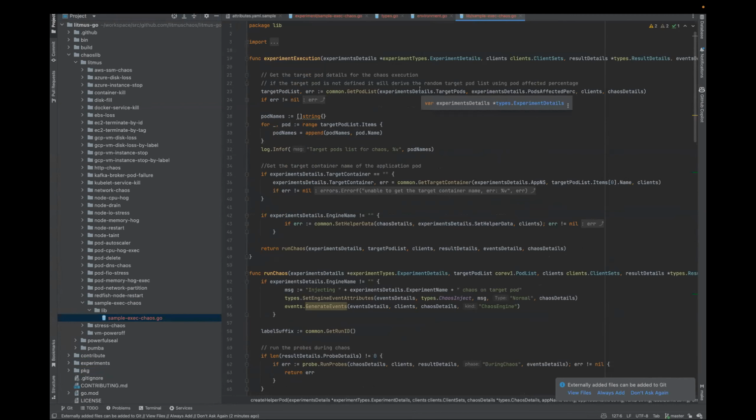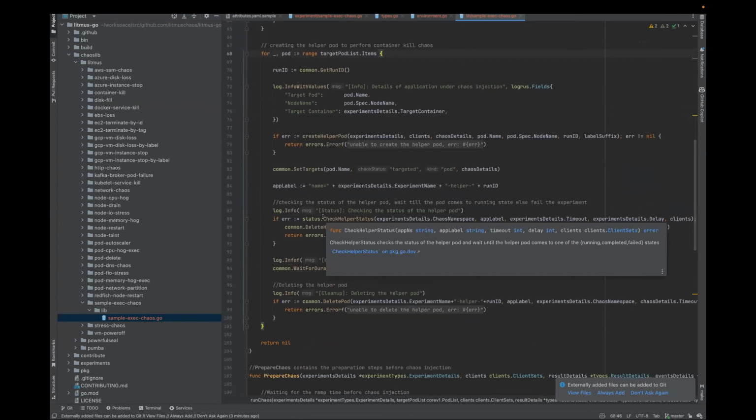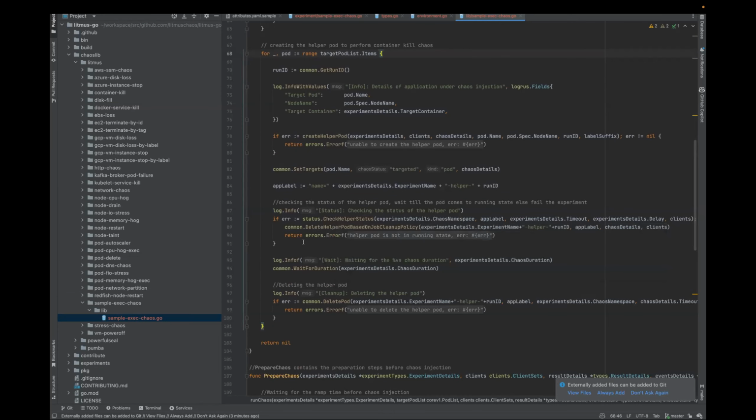After deriving the target application, we are running our own chaos probe, which will run for the chaos duration only. And after that, for each pod, we are launching the helper pod, and we are waiting until the helper pod is completed, and validating whether the helper pod failed or passed. Accordingly, we are patching the verdict for the experiment, and when the helper pod is completed, we are deleting it.